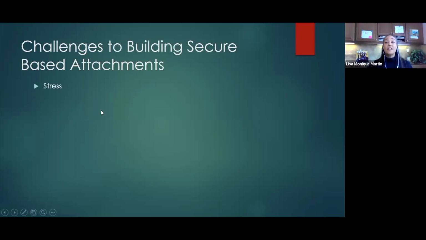So the first thing is stress. If there is a lot of stress where the child is experiencing stress that's more toxic versus the type of stress that everybody has to learn how to deal with, right? A new situation, navigating a new puzzle, that can be stressful. But when we're talking about stress, we're talking about toxic stress. So this is going to be